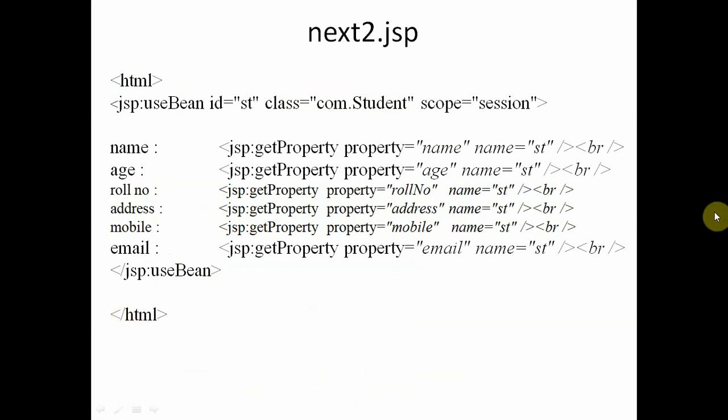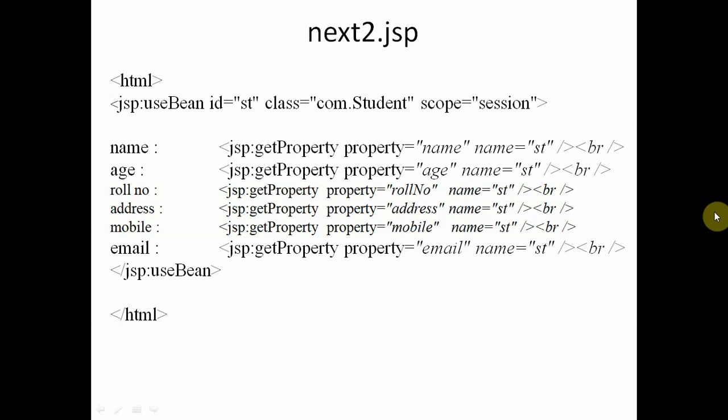So we have two options. Either we use the functions and run the set and get property functions, or we use the set property and get property tags of JSP, which are especially designed for Java Bean. So we have these two options, and you can use any one of these two. These JSP and Java Bean programs are very complex, so it will take time. But you must do all these programs, otherwise you will not understand the concept of Java Bean.